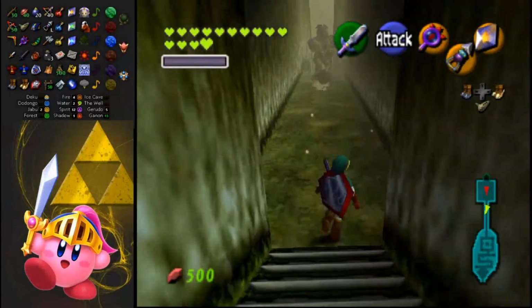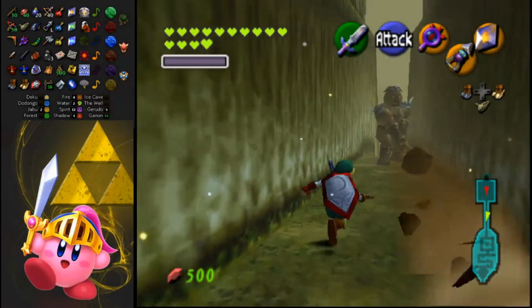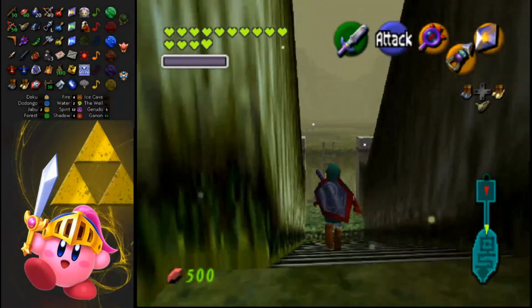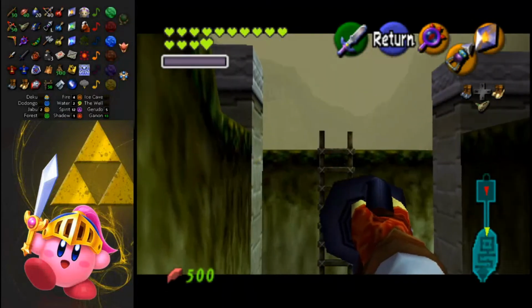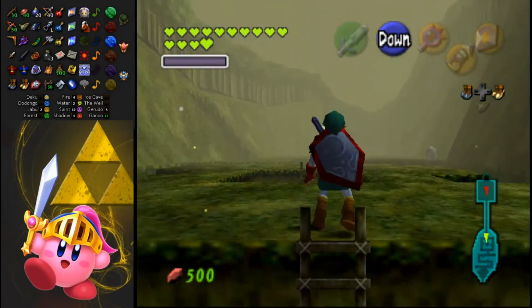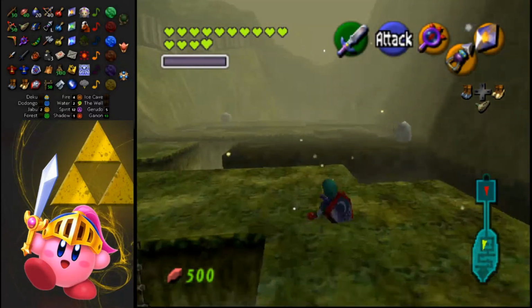We'll see. Maybe this doesn't prove to be quicker, but I'll leave this in for world exploration purposes. But this should bring us back out to Gerudo Fortress. And then if we go through the other side of Gerudo Fortress, that'll bring us to...